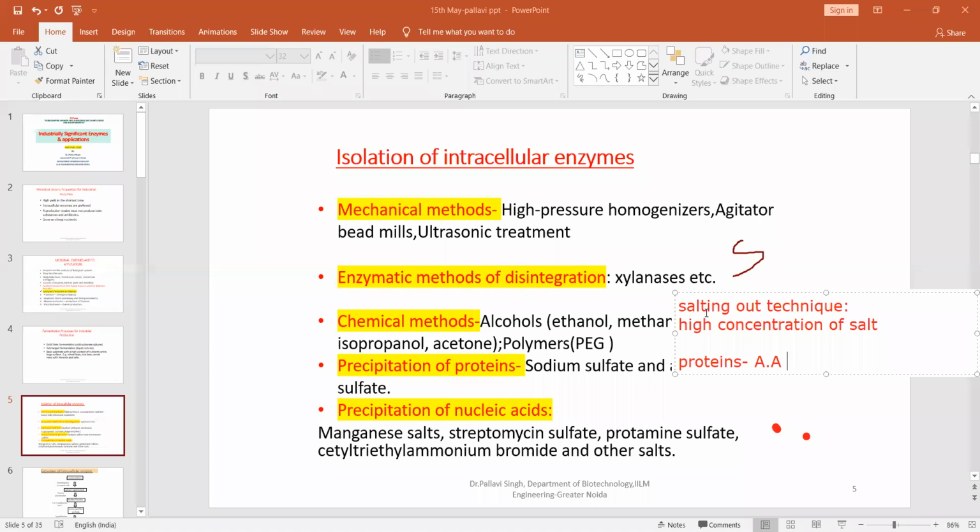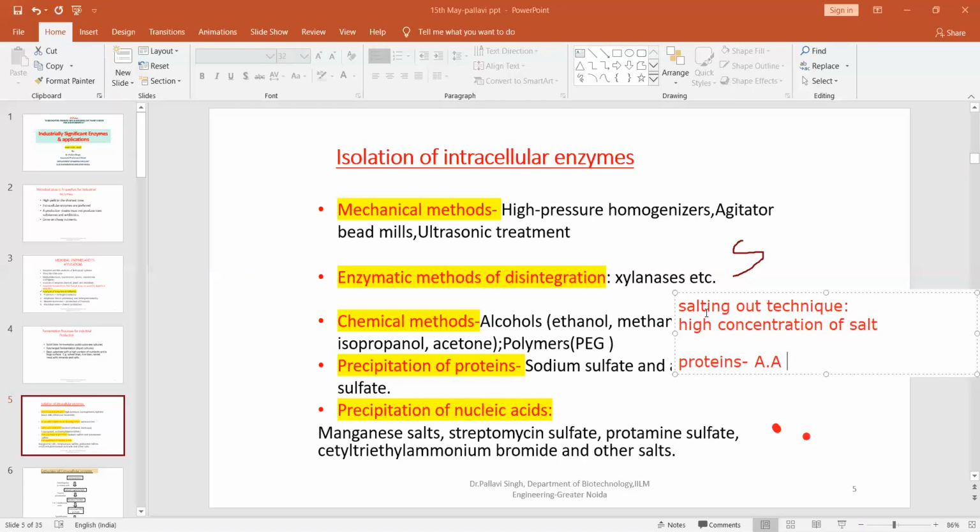So these amino acids which are forming the proteins are in two categories. We have hydrophilic amino acids. Hydrophilic means water loving, and we have hydrophobic amino acids. So hydrophilic amino acids, as they love water, form bonds with the water and they get dissolved. So proteins are present in the water in the dissolved form because they have hydrophilic groups, and these hydrophilic groups form hydrogen bonds with the water, and that is why the protein exists in the solvent as a dissolved particle. But it has also got hydrophobic patches. These hydrophobic patches are only exposed when you reduce the concentration of water.